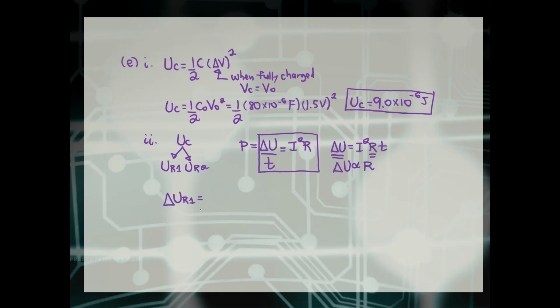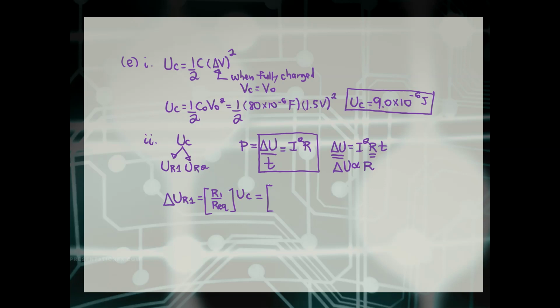We can just create a little ratio rule on the fly. Of the total amount of energy, this would be R1 over R equivalent, multiplied by UC. Of the potential energy stored in the capacitor, this shows me the ratio which is going to go to R1. We write down a ratio of R1 over REQ. So this would then be equal to